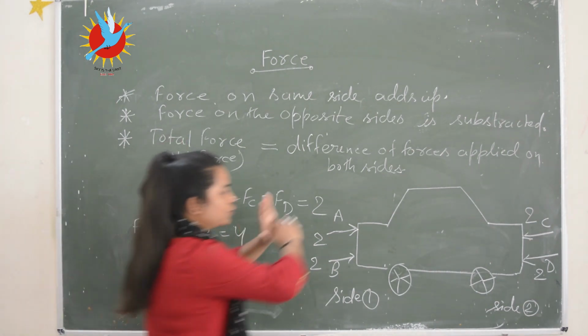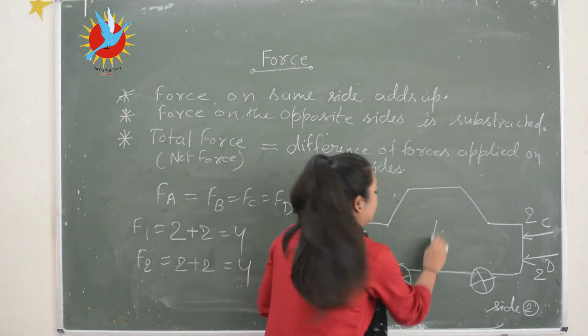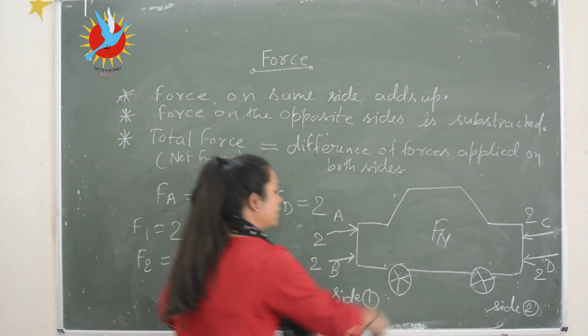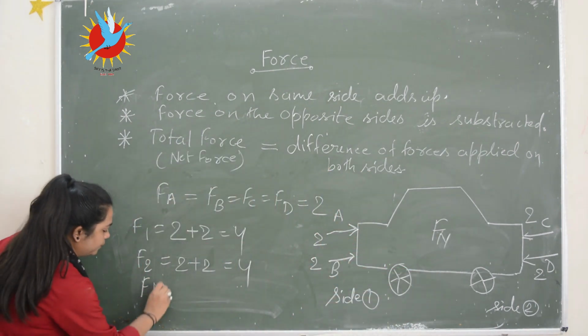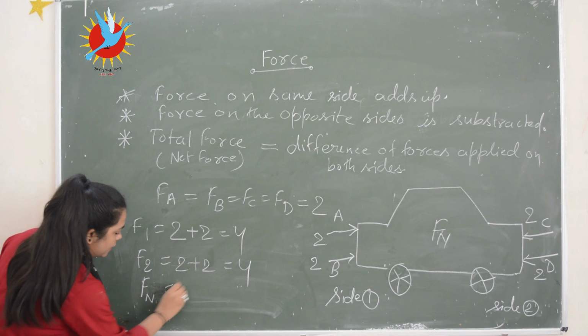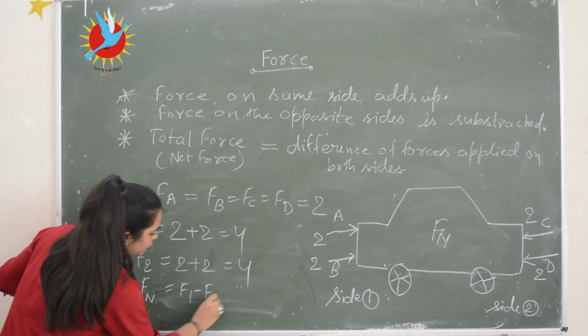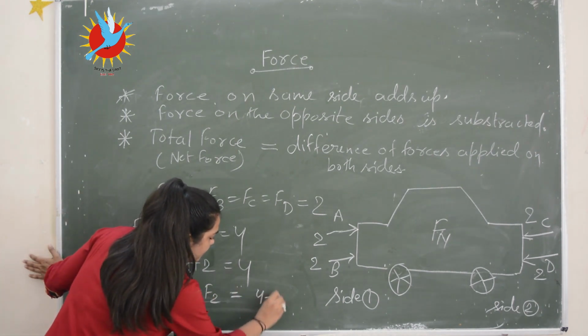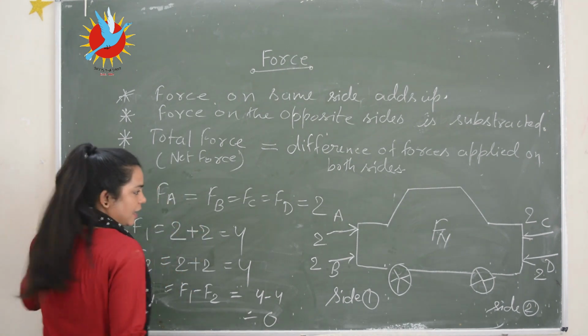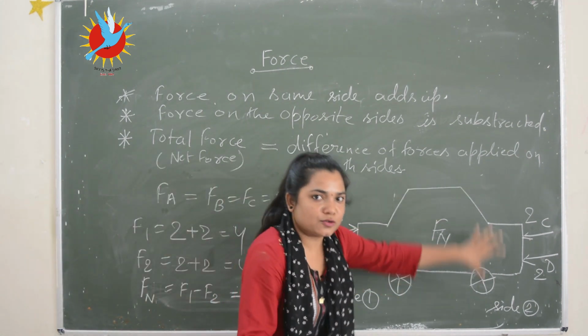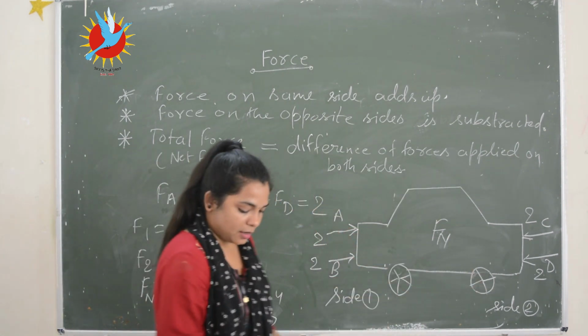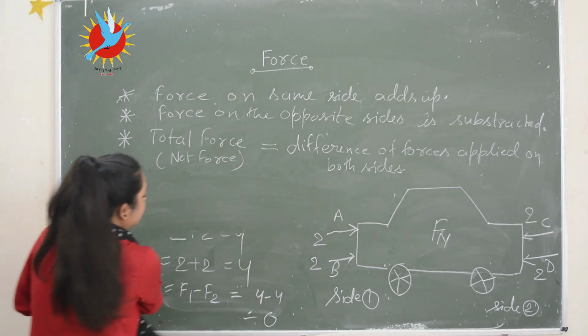Now the net force, the total force acting on this car, that is F net, equals F1 minus F2, that is 4 minus 4 equals 0. And that is why the car is not moving. Now please remember, students,